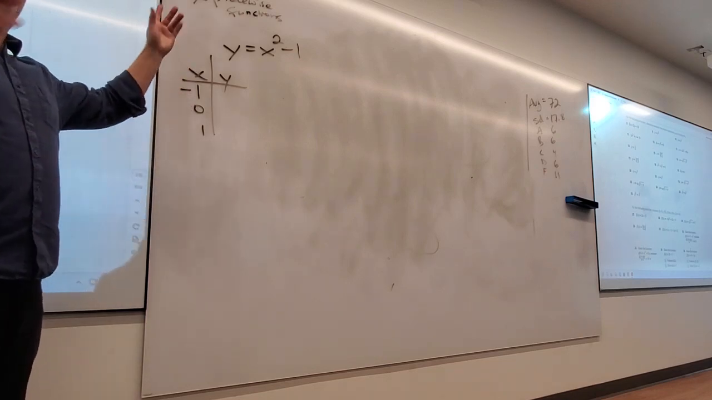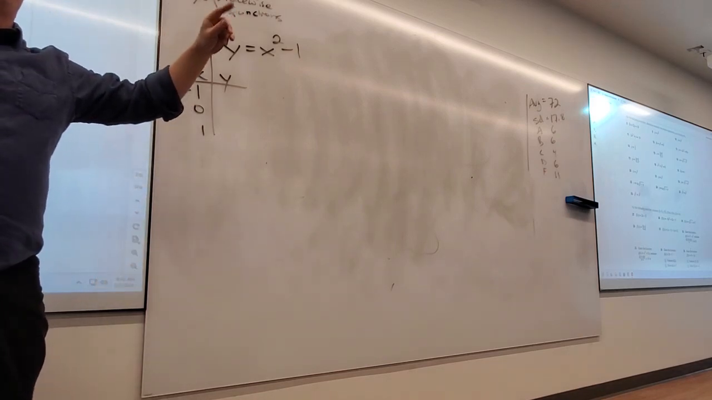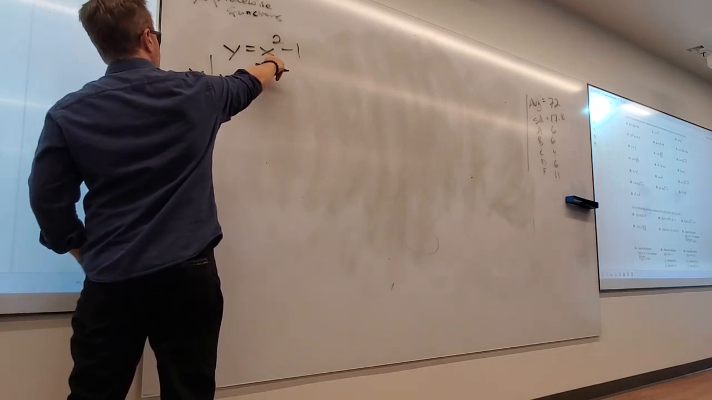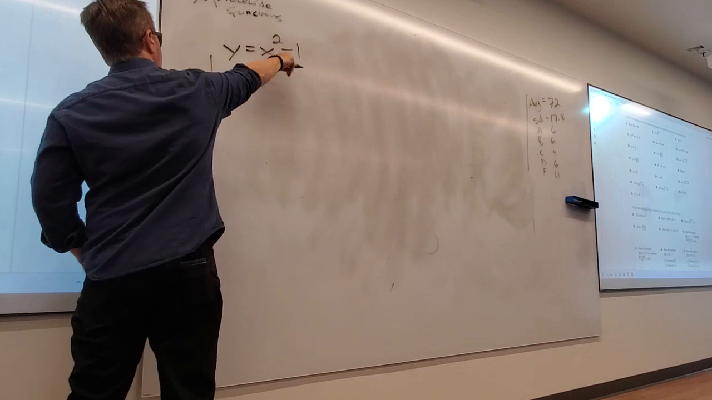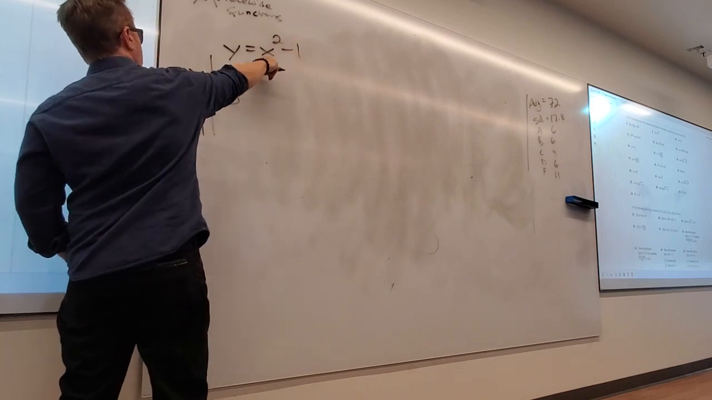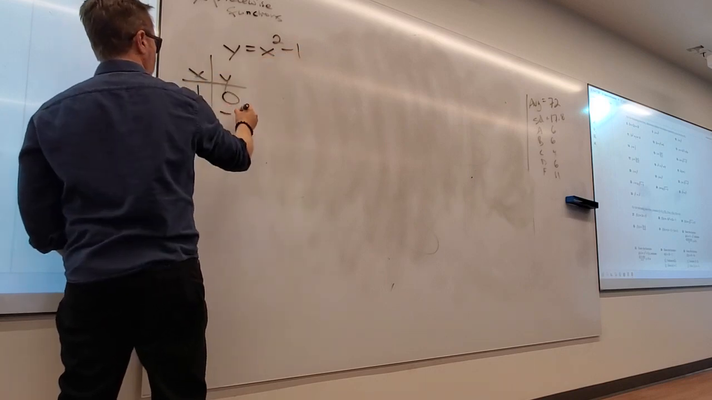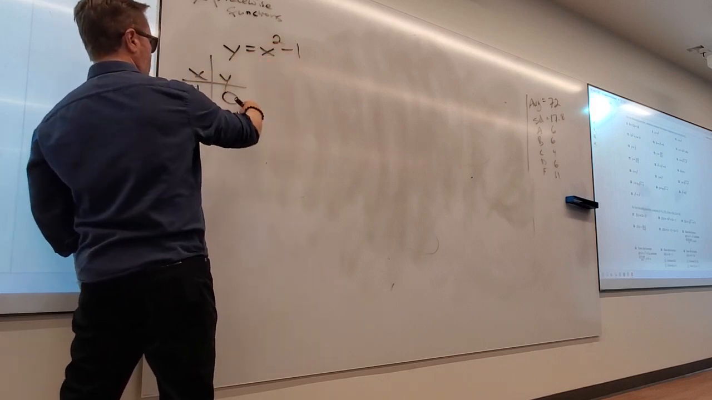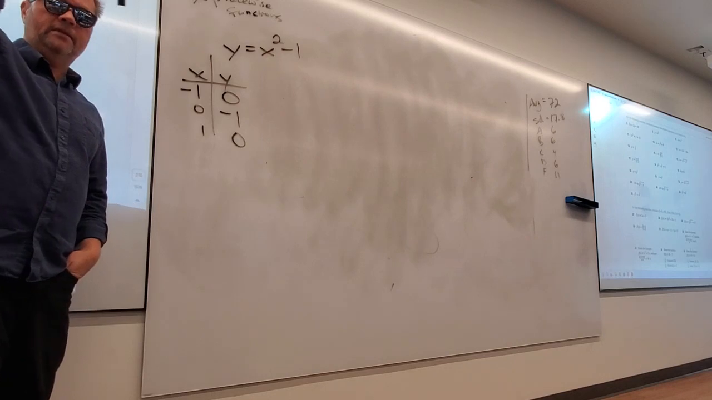I might use more if I still don't know what the thing looks like. So then you're going to input negative 1 into the x value. What's negative 1 squared? 1. 1 minus 1? 0. 0 squared? 0. 0 minus 1? Negative 1. 1 squared? 1. Minus 1? 0. So you can see, of course, the idea of a parabola is going to repeat outputs